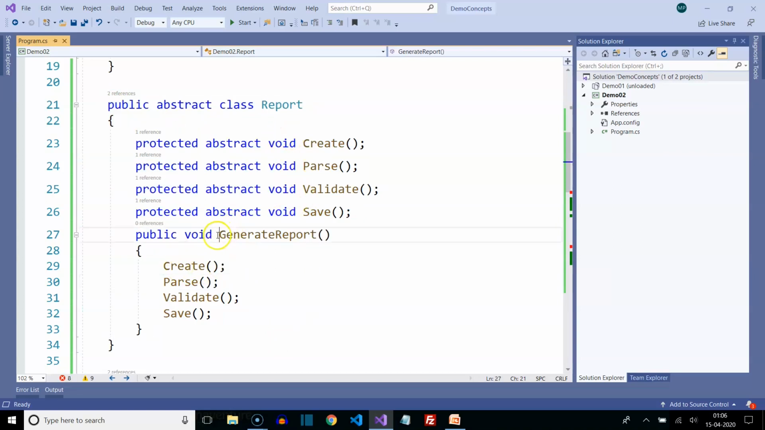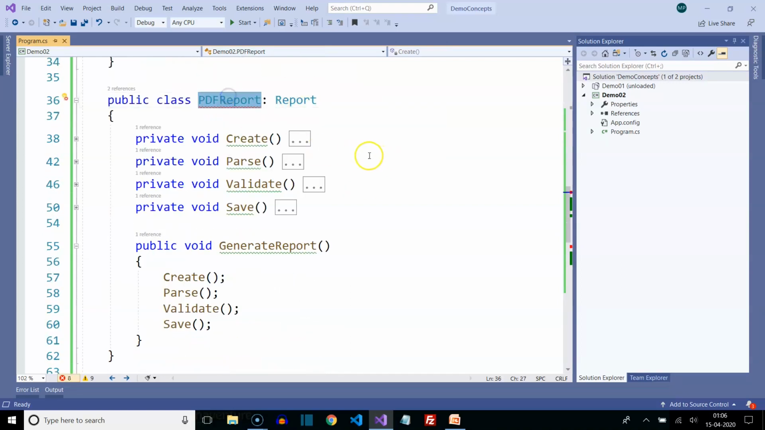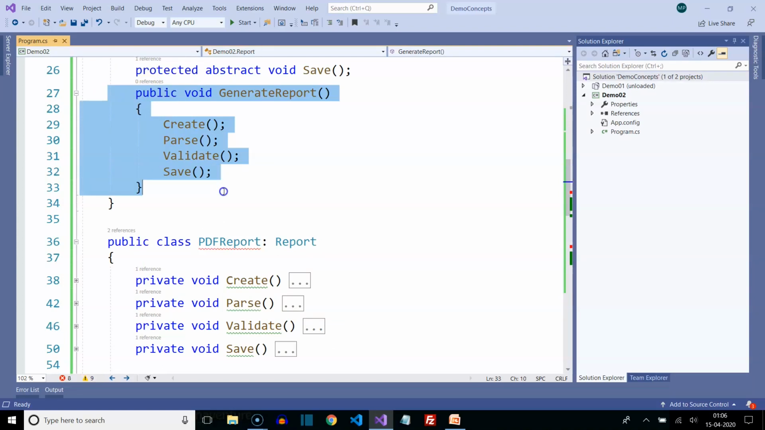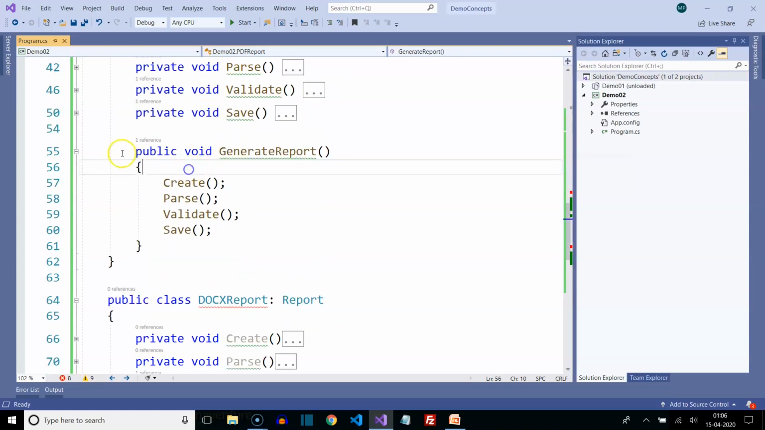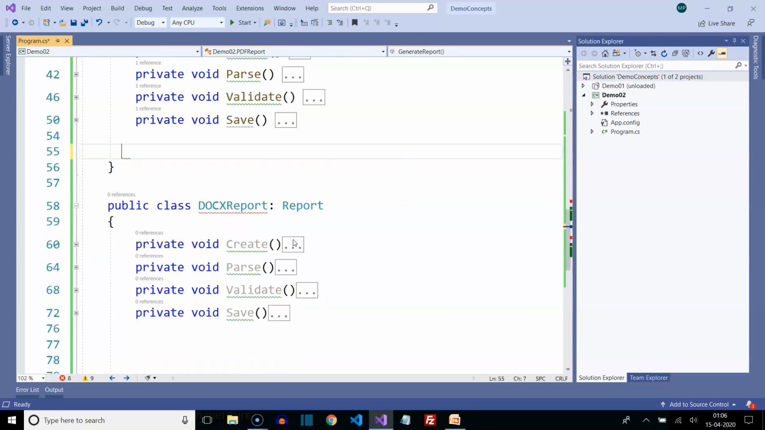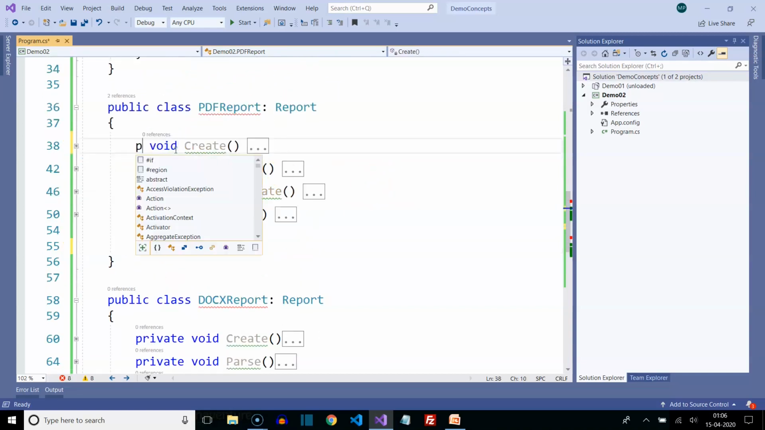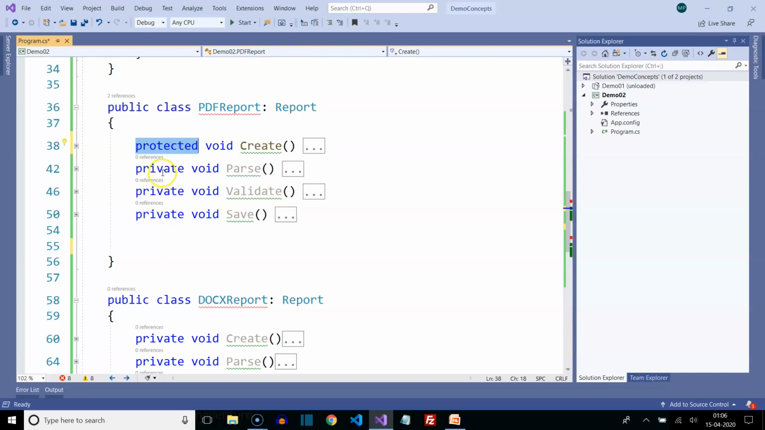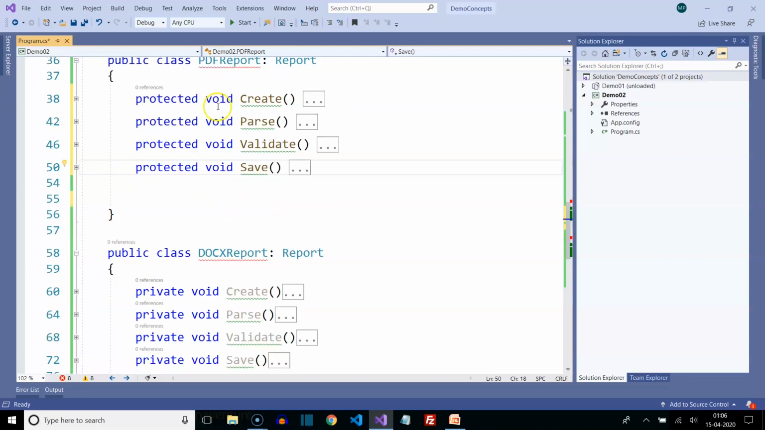Then when exactly will generate report be available? You will have to inherit report into other classes. So with report, we will have protected create, protected parse, protected validate, protected save. We will have a public method, which is generate report, which is going to come down as a public inheritance from here. So ultimately, I will not write this method here at all. I'm going to simply make this protected. So I'll copy this and make each of the methods protected. Let me just make it protected here